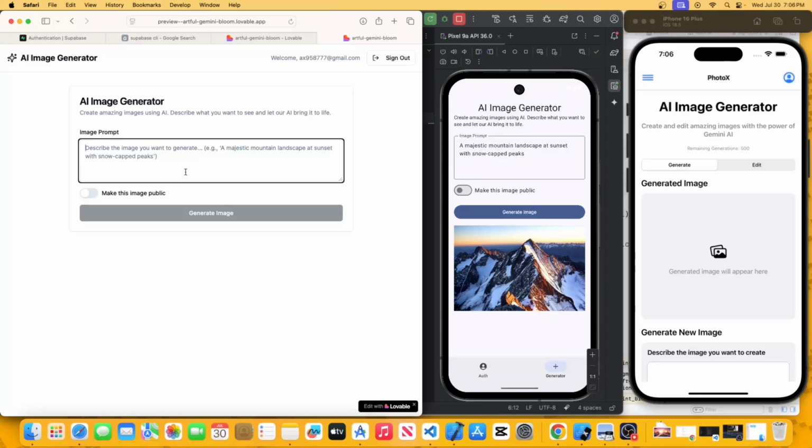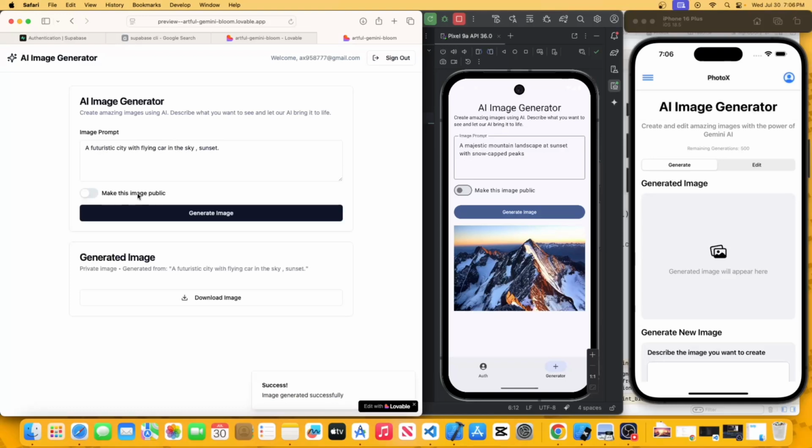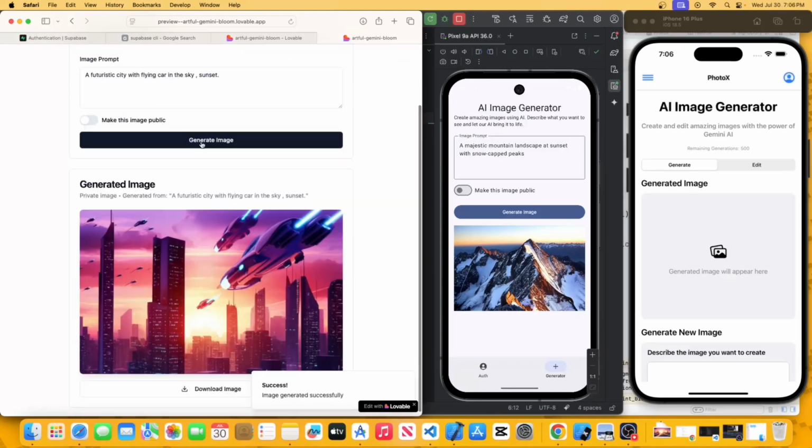And for the image generator, we can say, futuristic city with flying cars inside, and generate the image, and we can make this image public or private. So like for the iOS application, we can say,